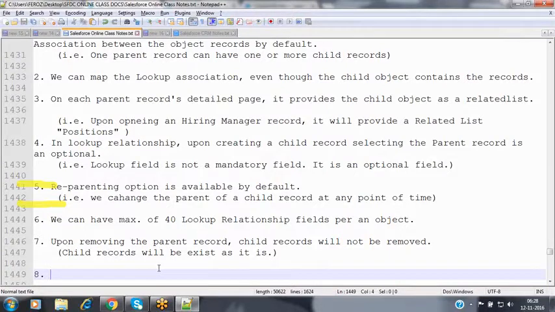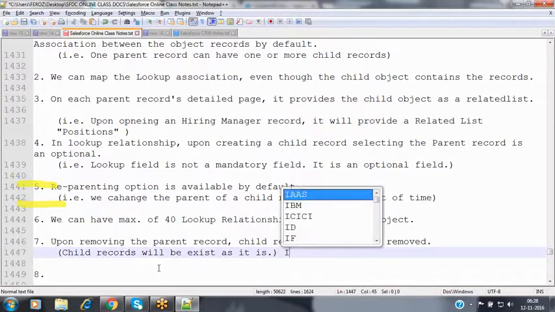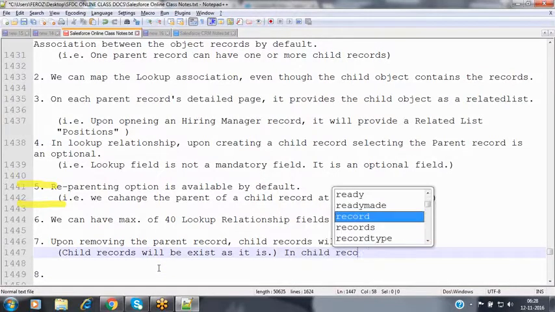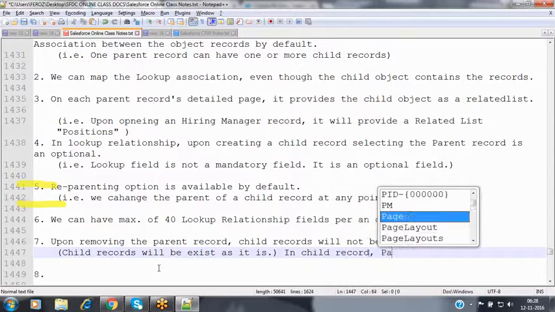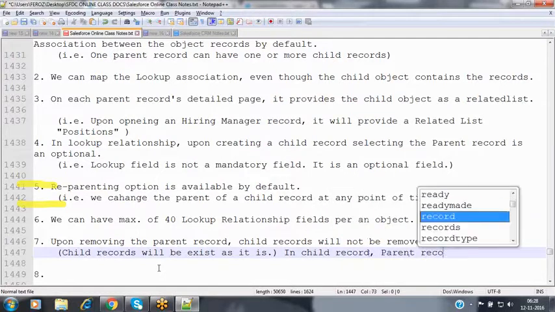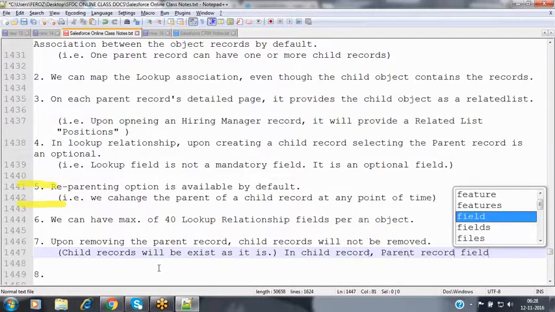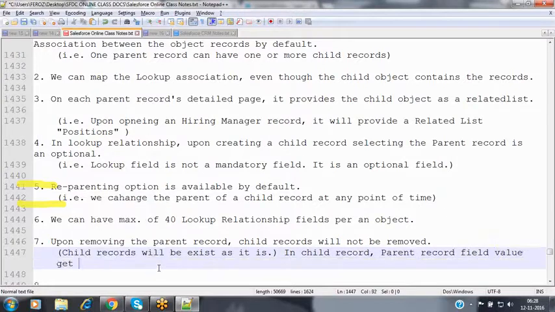That field value will get cleared. In the child record, the parent record field gets cleared, that is, made null.